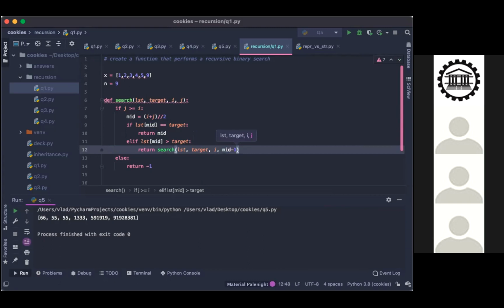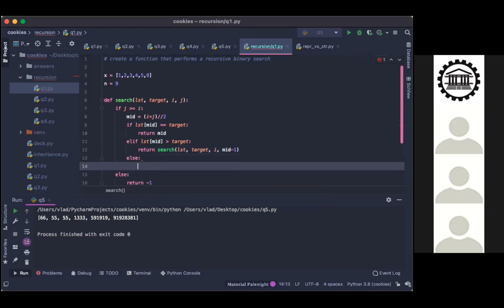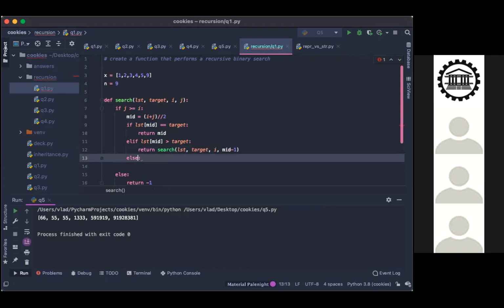And then for the else, not the else return, the else on the same edge here, we don't have to check. We could say lst[mid] less than target, but that's implied here, since the above if statements check the other two conditions. You could write in a comment that the condition we're looking for is lst[mid] is less than target.